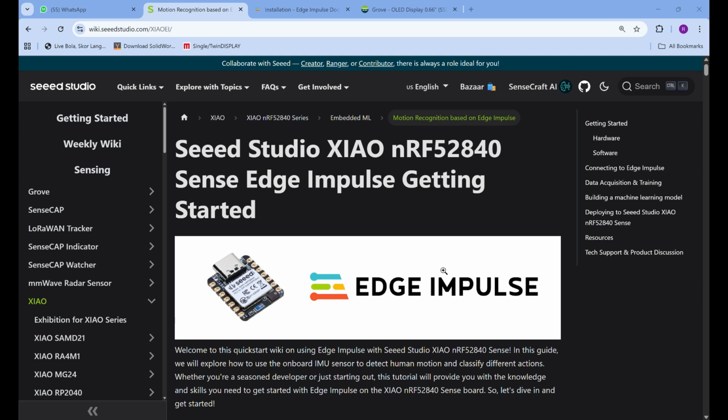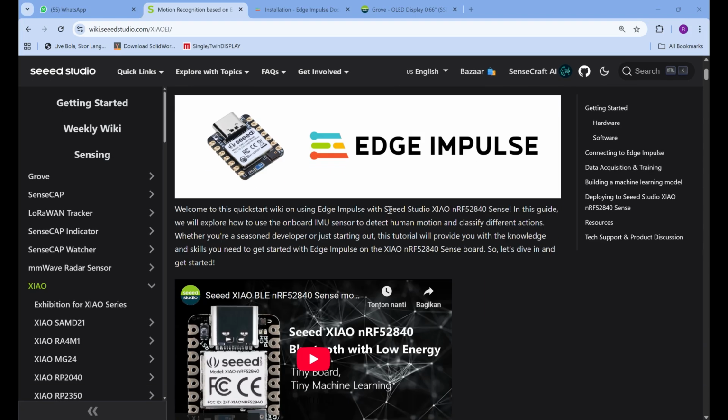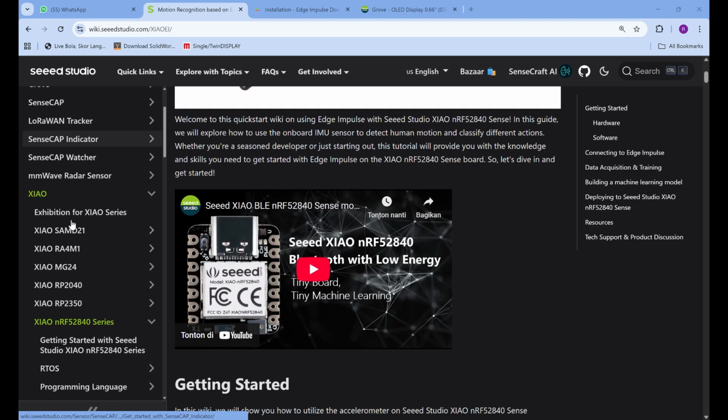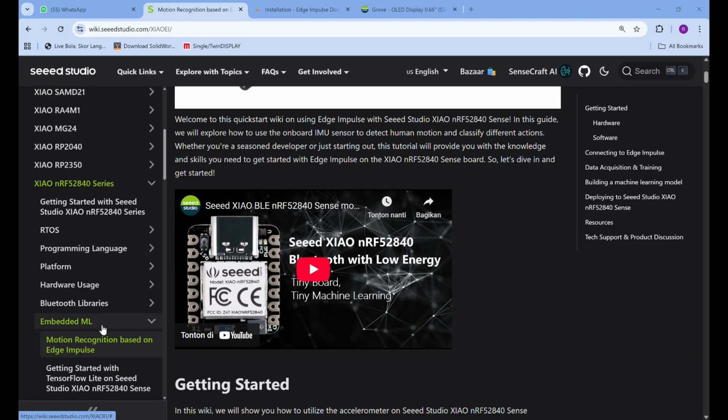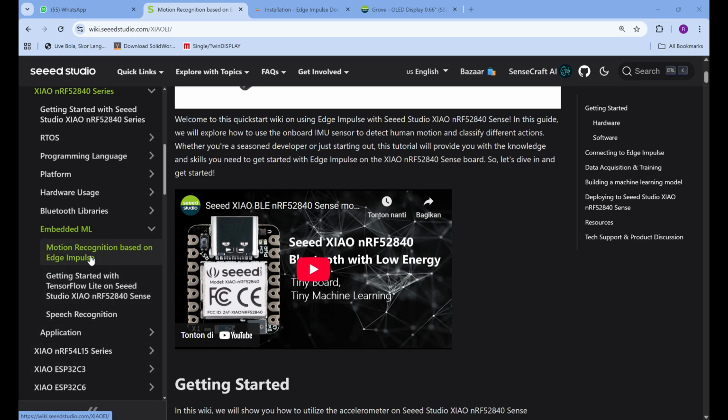A few days ago, we were trying how to get the Star SEO board. Now, actually, I'm a little bit curious about an embedded machine learning project. There's some example projects here. I will try this one, Edge Impulse,